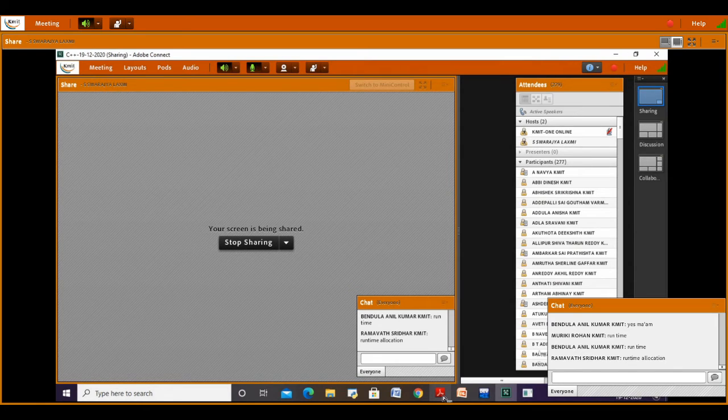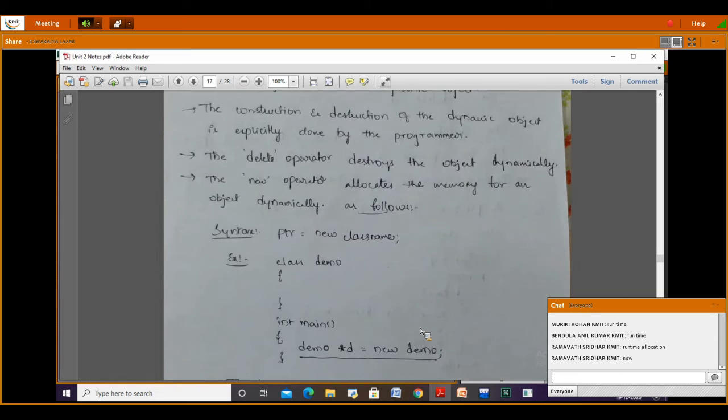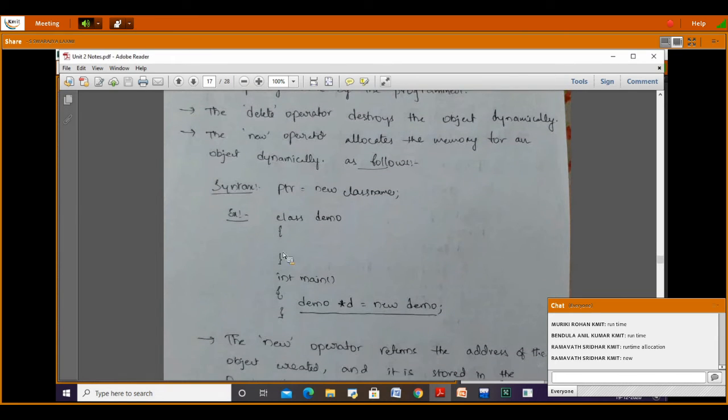Now we'll see that. The syntax is ptr = new classname.